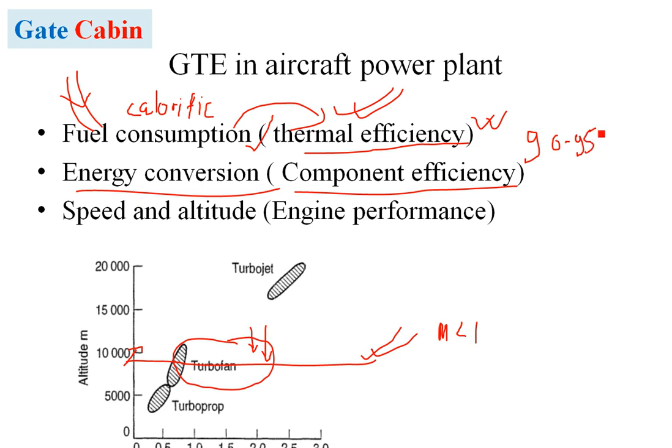If the engine is not efficient enough, the first problem we will face is with the cost. The fuel will get consumed a lot, and the fuels that we use in aircraft are jet fuels. These jet fuels cost up to I think 1050 at present per kiloliter. So 1 kiloliter of fuel is this much. And when we talk about an aircraft power plant, tons and tons of fuel have to be burned when we move from one place to another.